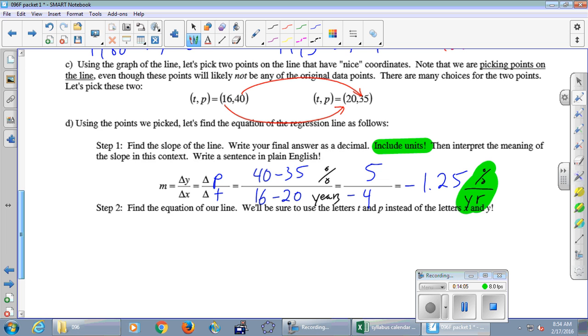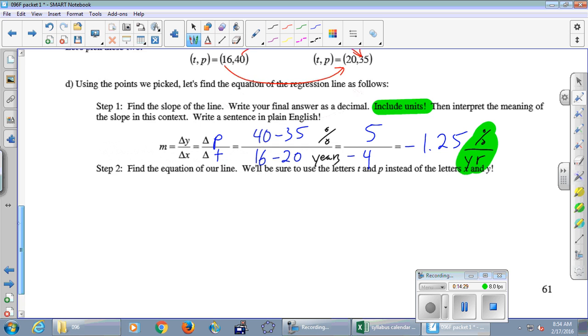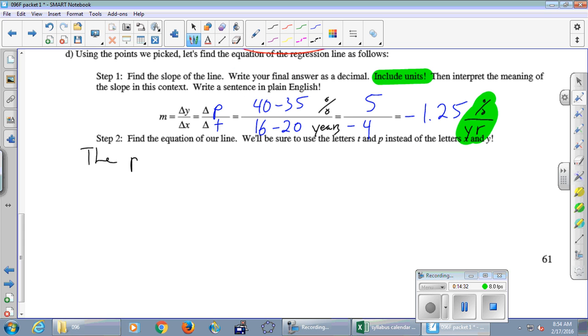Okay, -1.25% per year. Something was changing by -1.25% per year. The percentage of deaths due to drunk driving was changing by -1.25% per year. I'm going to slightly amend that sentence. What does the negative mean? Decreasing. So I'm going to use the word decreasing instead of changing. So we'll just say something like that percent was decreasing